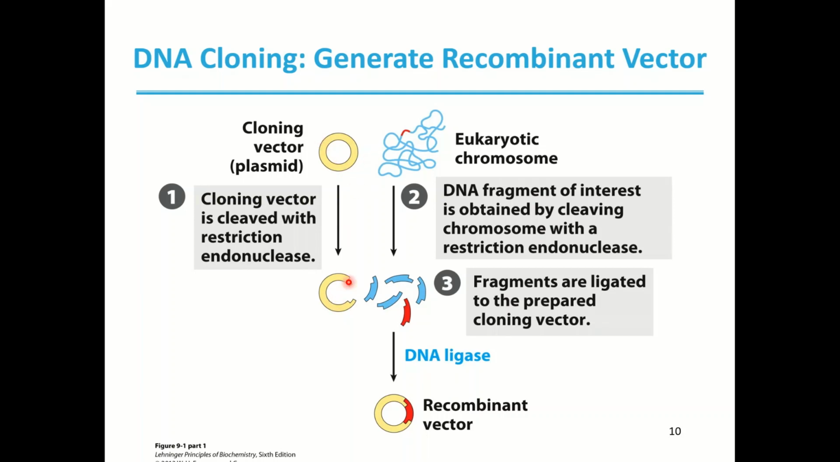So you cut that plasmid, and this blue piece is what's taken out. Second part, you need some sort of a source DNA, and typically it's going to be a eukaryotic chromosome. You're interested in that eukaryotic organism's gene here that's highlighted in red. You obtain that fragment by cleaving the chromosome with a restriction endonuclease, or